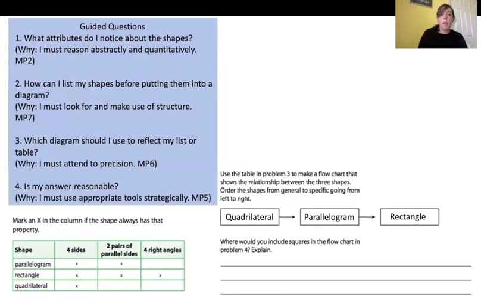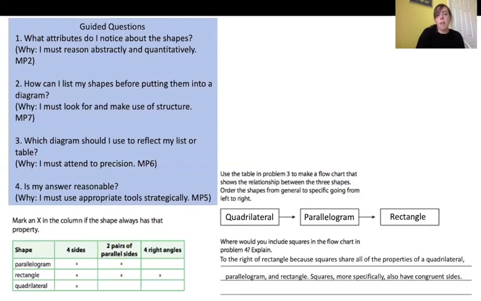Good job. Okay. After I look at this, it says, where would you include squares in the flow chart of problem 4? Explain. So I just put here that I would put squares to the right of the rectangle. So I put it on the other side because squares share all of the properties of a quadrilateral, parallelogram, and a rectangle. Squares have the 90-degree angles, but even more specifically, they have congruent sides, meaning all of their sides are the same length. So if you set all of that, then you're able to justify guided question number 4,